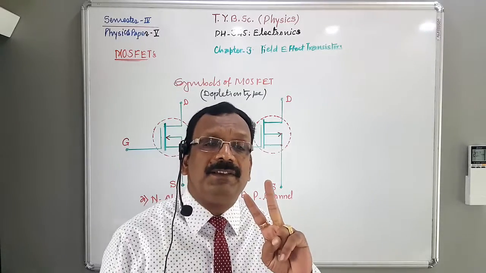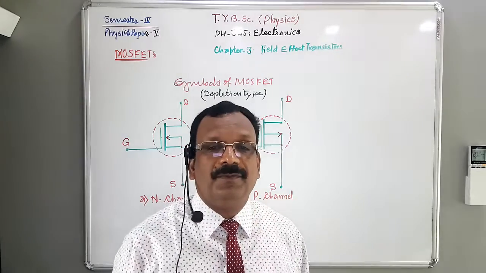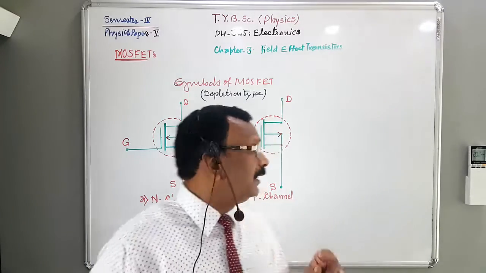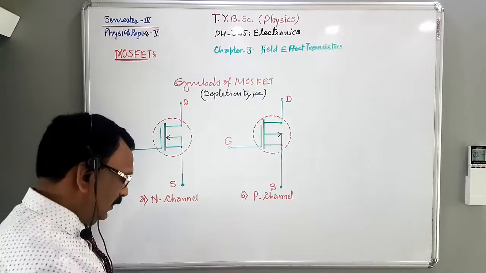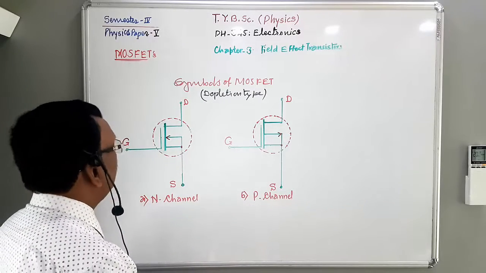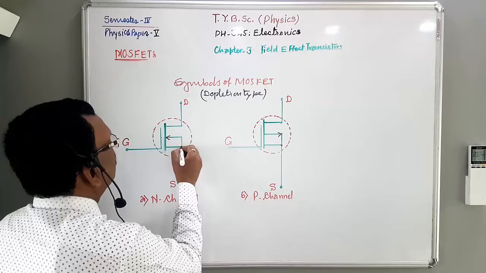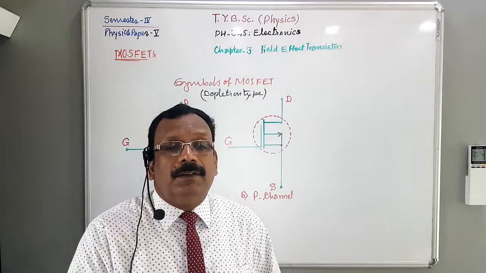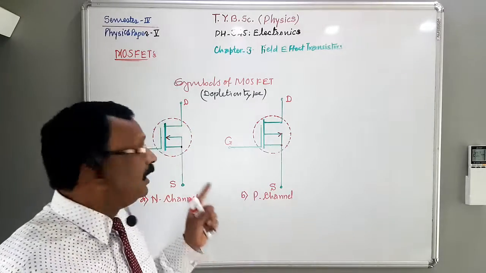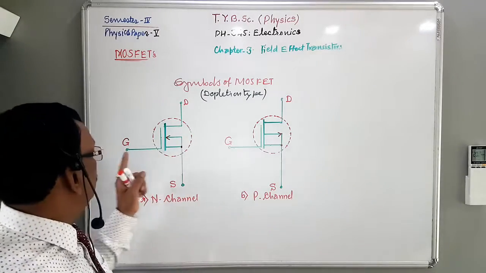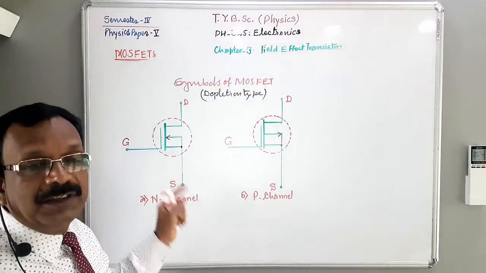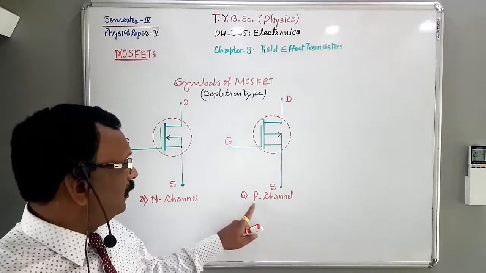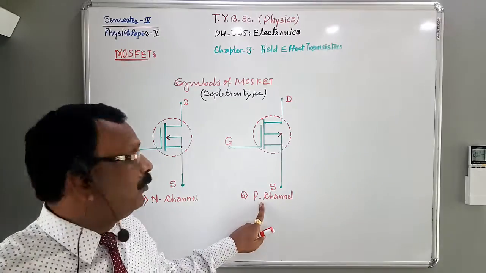Such MOSFETs have 4 terminals. But in most of the MOSFETs, the substrate is internally connected like this, substrate is internally connected to this point. Such MOSFETs have 3 terminals: gate, source and drain, as shown in this figure. Now these are the symbols for P channel